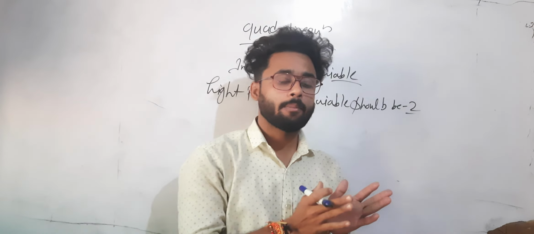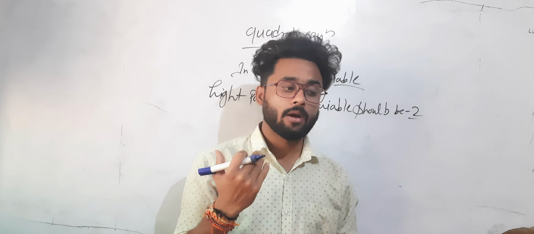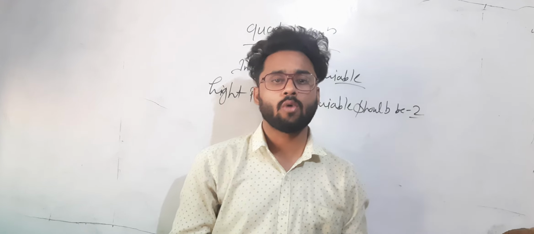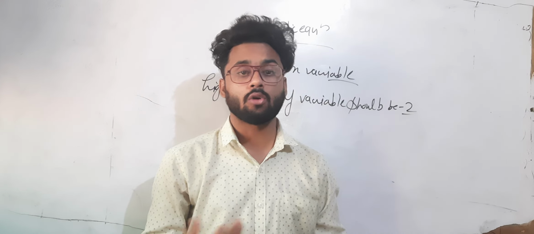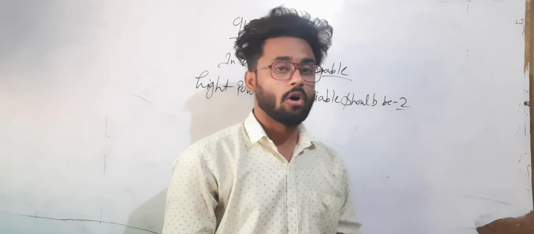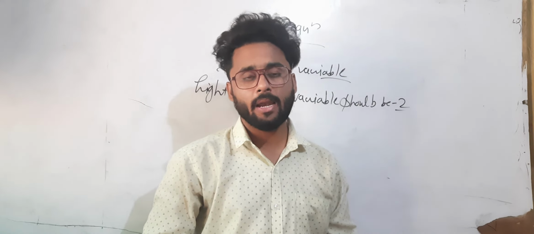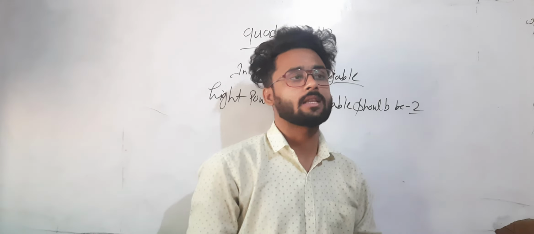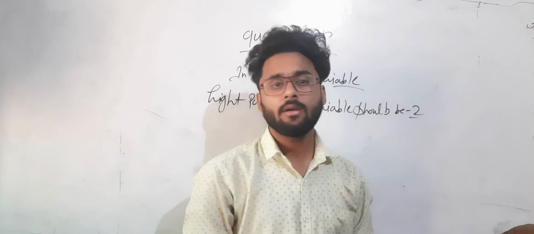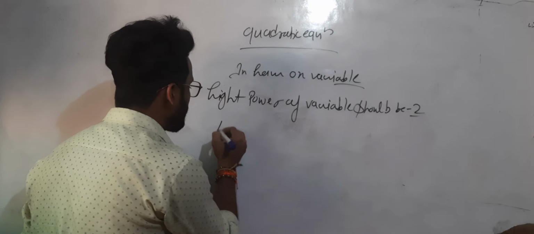You have a variable like ax square plus bx plus c, a polynomial in x, and you can also take ay square plus by plus c equal to 0, where a, b, c are constants and y is the one variable, and x is the one variable. You can take any examples, any general formula, any different variable.